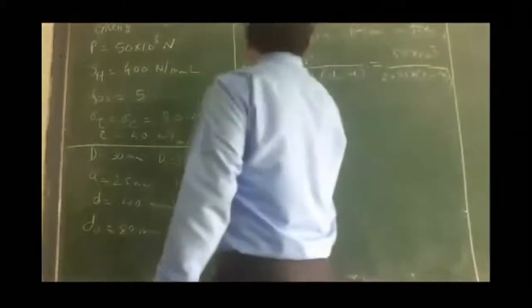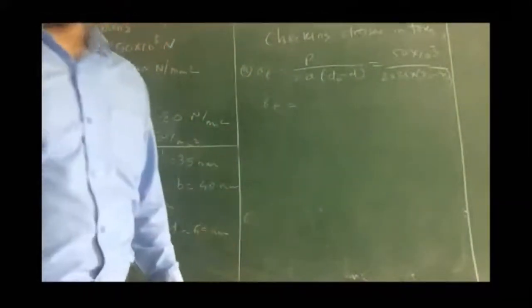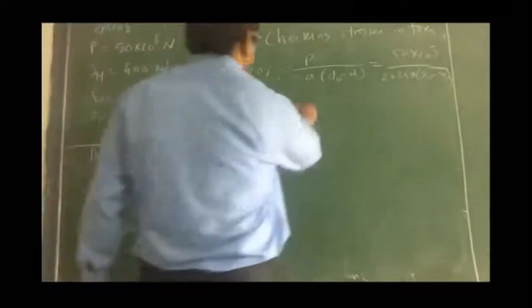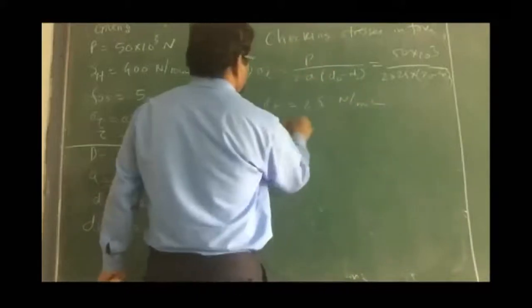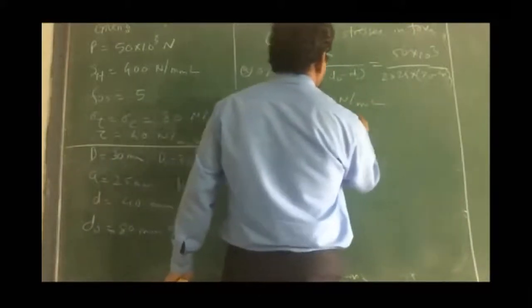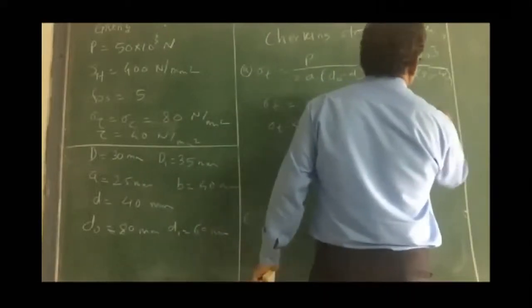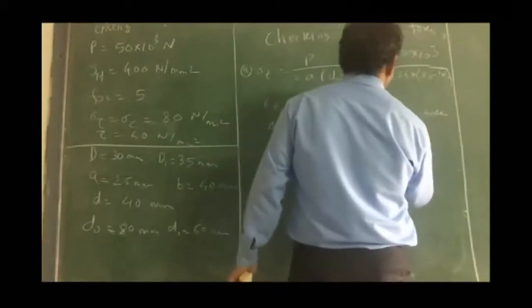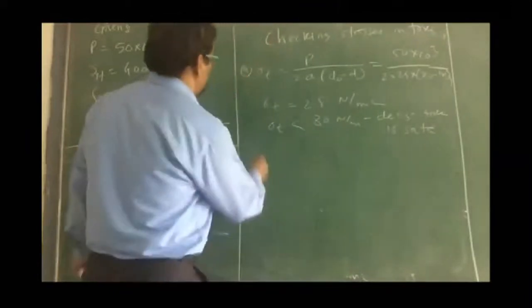So with this we get the stress developed in our knuckle joint, which is 25 Newton per mm square. And sigma T is less than 80 Newton per mm square. So the design of the fork is safe for the tensile failure. Our fork will not fail because of tensile failure. Similarly,